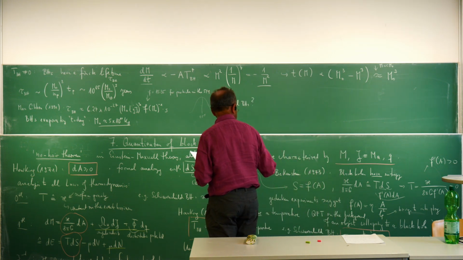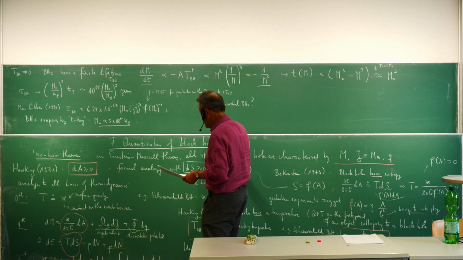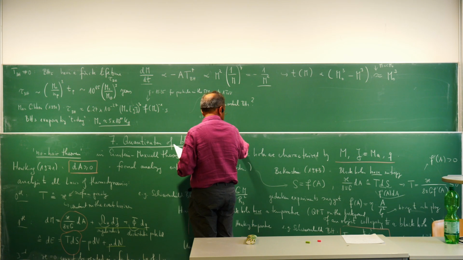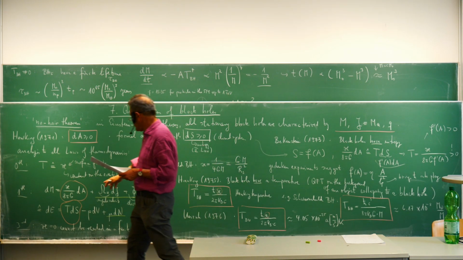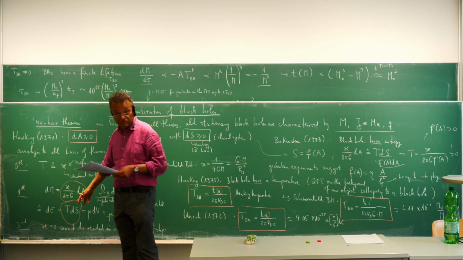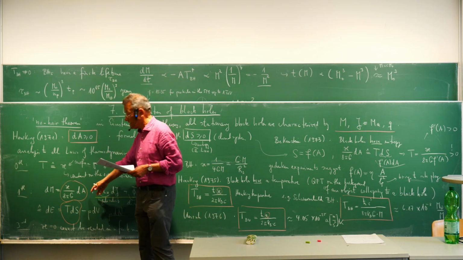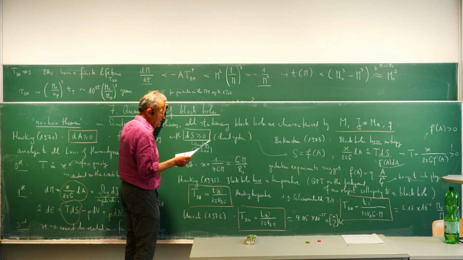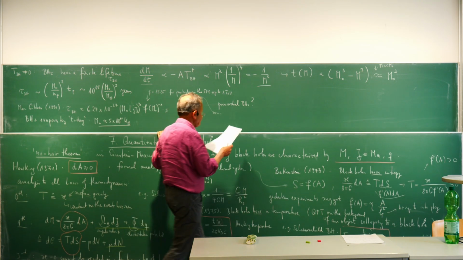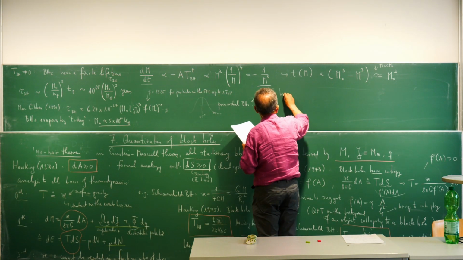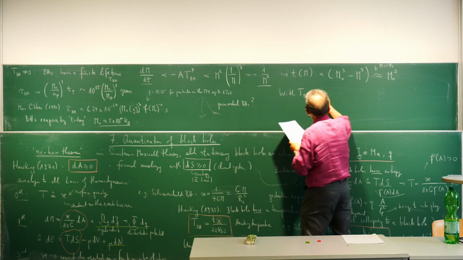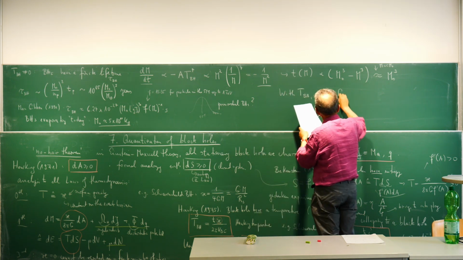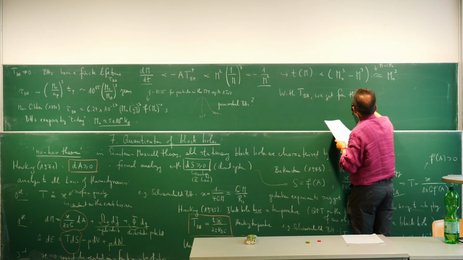Okay, so far for this temperature. Now for that, if you have the temperature, and this is what Hawking calculated, the temperature, then by this here you can calculate the entropy, because this then fixes the factor in front of the entropy. So with T_BH we get from the first law